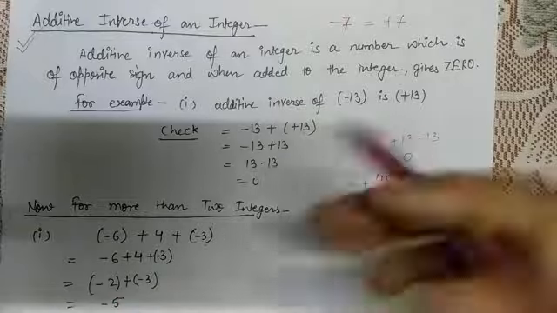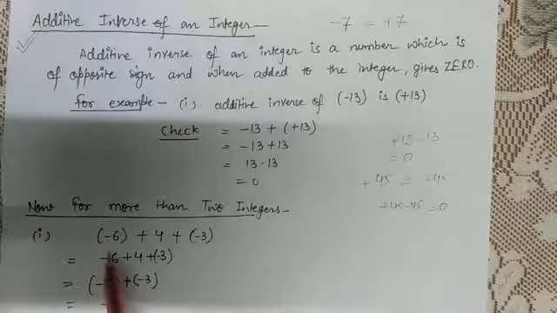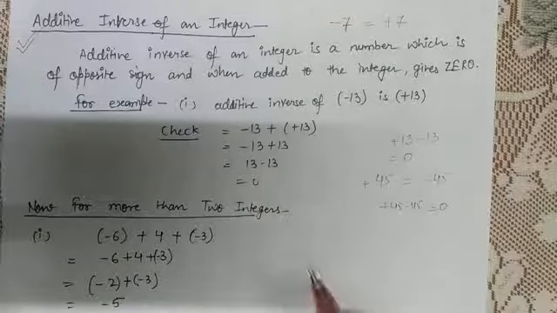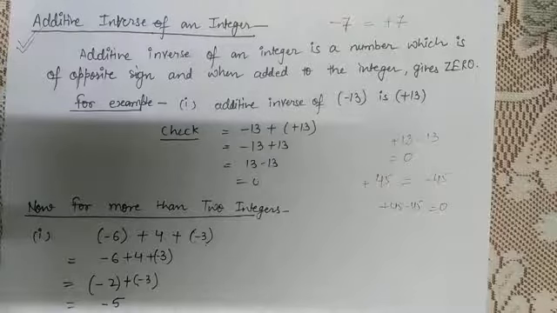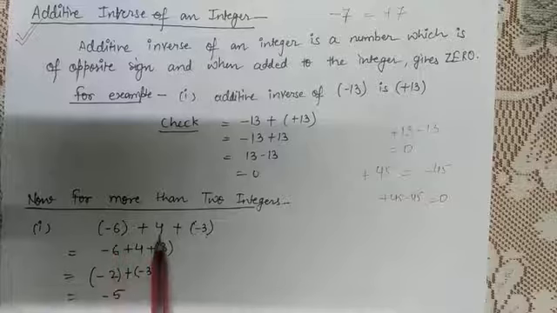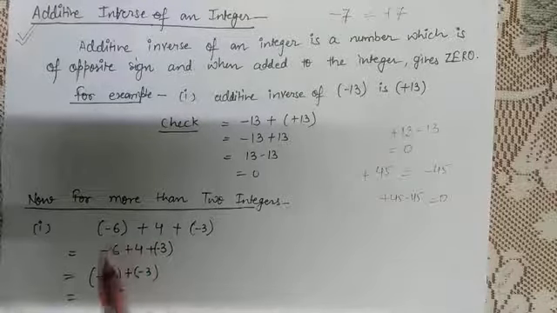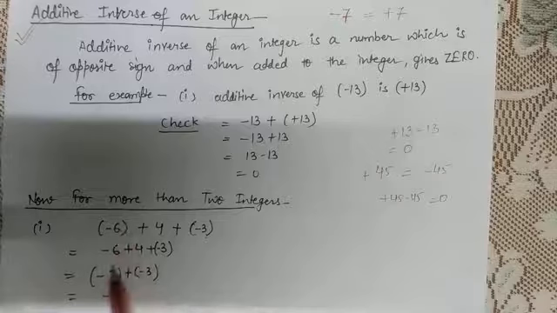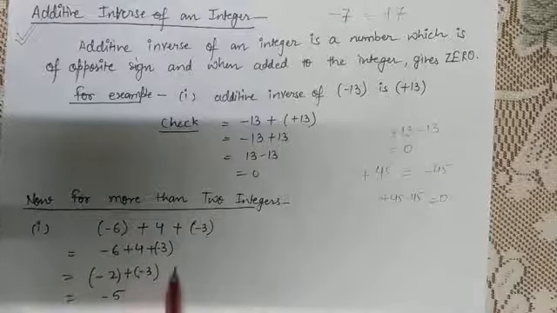It is simple, as a rule you have studied. Children, you have studied if they are of same sign, you have to add them and put the sign. If they are of opposite sign, you have to subtract them and use the sign of the greater integer. Now in this question, we have to do the same. We have minus 6 and plus 4. So how will we write it? Minus 6. We will open the bracket minus 6. This is plus 4 minus 3.